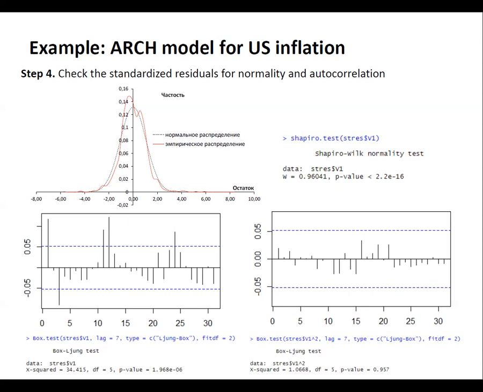We also look at the distribution itself. Check the standardized residuals for non-normality, and we see that the kurtosis and fat tails are preserved, but they have become much smaller than on the first slide of today's lecture. The Shapiro-Wilk test still rejects the normal distribution of the residuals, and